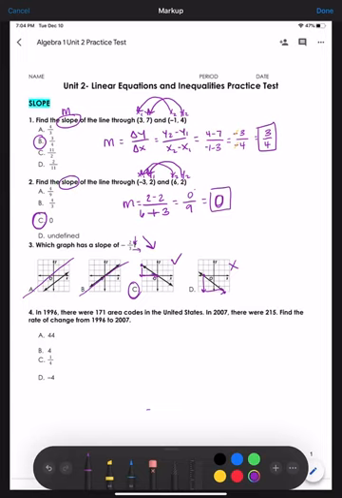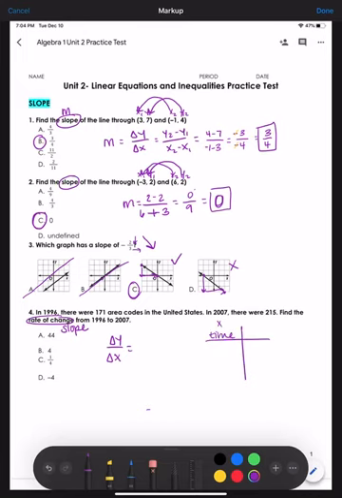All right, number 4. It says, in 1996, there were 171 area codes in the United States. In 2007, there were 215. Find the rate of change from 1996 to 2007. Well, rate of change means slope. Slope is change in y over change in x. So what I have here are 2 data points. I could put it in a table, or I could just write the points out, but usually x represents time,